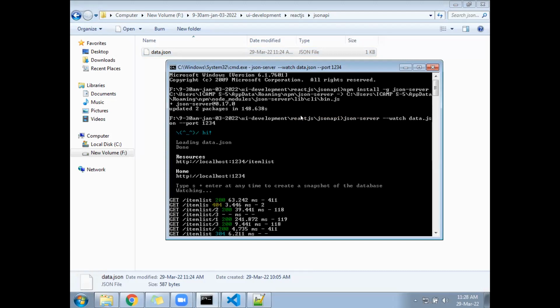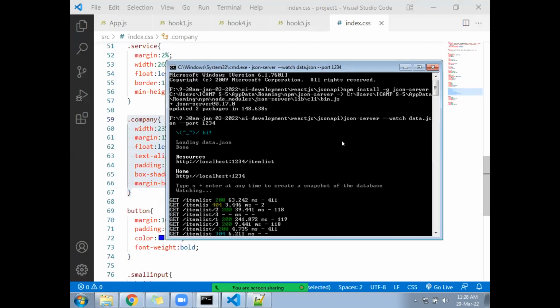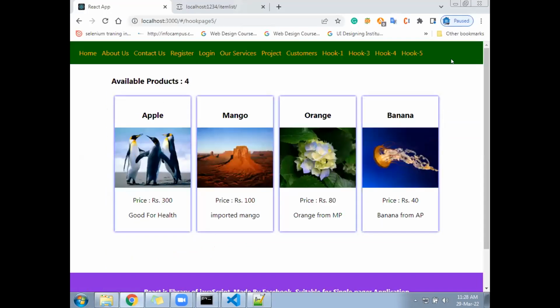Then, understood or not? You will be creating a file user.json. Inside the user.json, in the same way, you will store 10 users' names, 10 friends' names, contact number, email ID, age, gender, education. After that, you will open the CMD. Inside the CMD, you will compile the user.json file on port number 1234, and you will create a component called